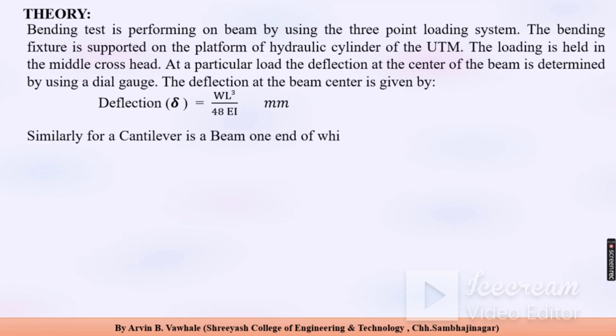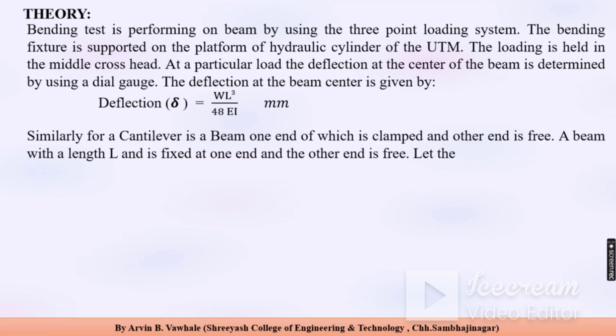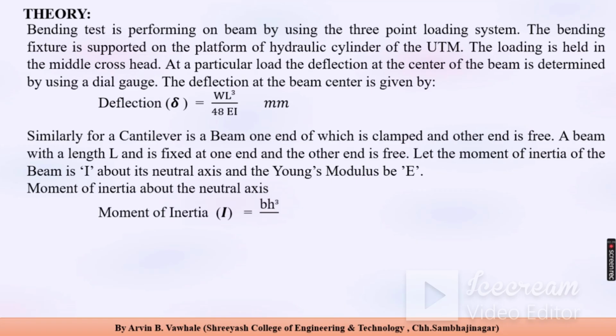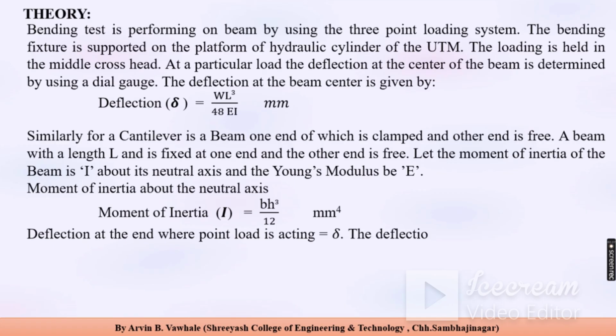Similarly, a cantilever is a beam, one end of which is clamped and the other end is free. A beam with a length L is fixed at one end, and the other end is free. Let the moment of inertia of the beam be I about its neutral axis, and the Young's modulus E. Moment of inertia is equal to b into h cubed by 12, and the unit is mm to the power 4. For deflection at the end where the point load is acting,